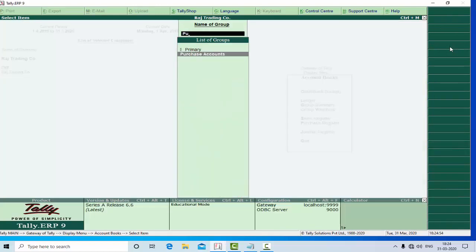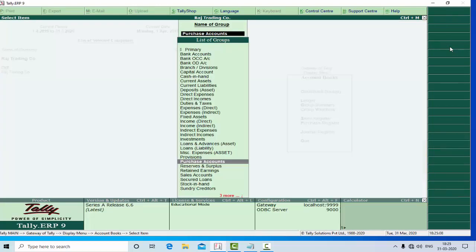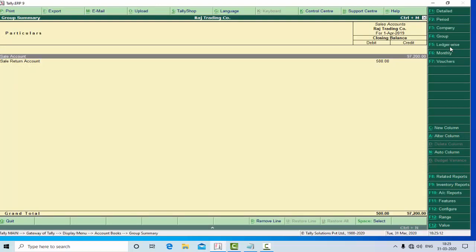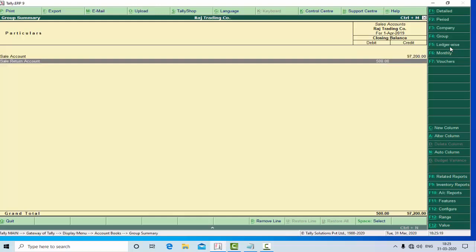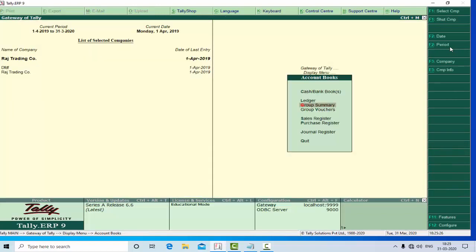Accounts related to purchase. So this will display account related to purchase, means the accounts opened under the group purchase. Purchase account, purchase return account, that balances will be displayed under this group summary. Sale balances, sale account, group, all account open under this sale account group. Sale account, ledger credit balance 97,000, sale return account which are opened under the sale group. So all will be displayed under this group summary, group of ledgers.